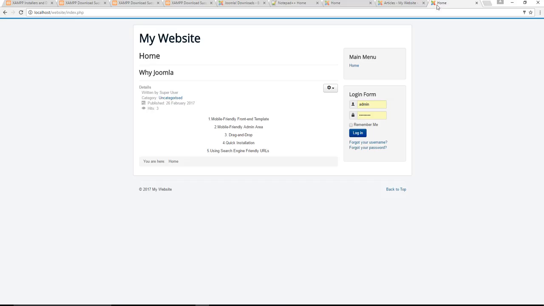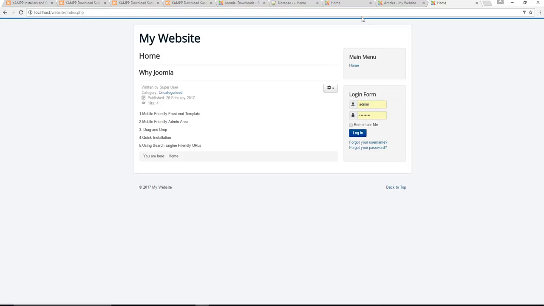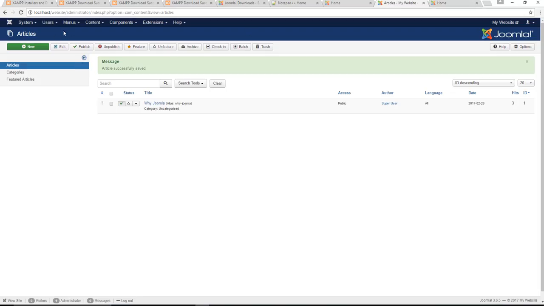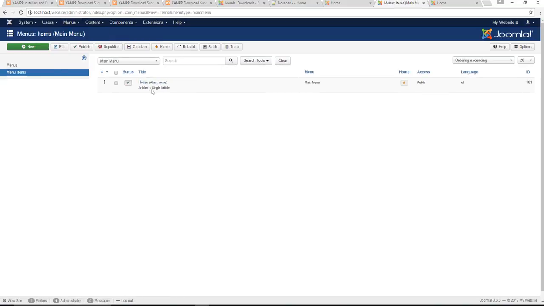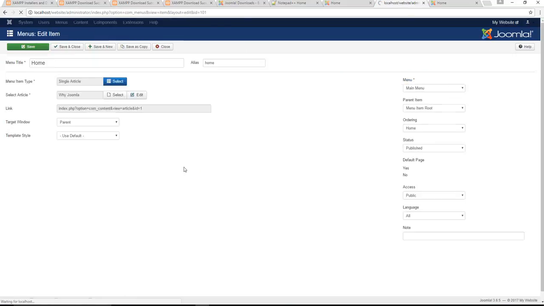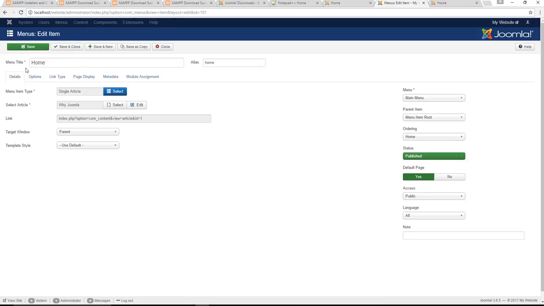So we just save that with those changes, and basically what's happened here now is they have not changed, because those are in fact article options. Now what's happening is, because we are connecting to a menu, the actual menu itself has the primary hierarchy. So I'm going to have to go all the way back to my menu manager,